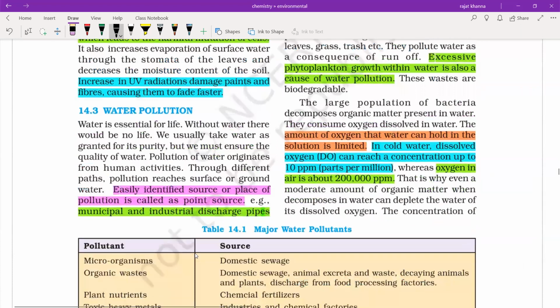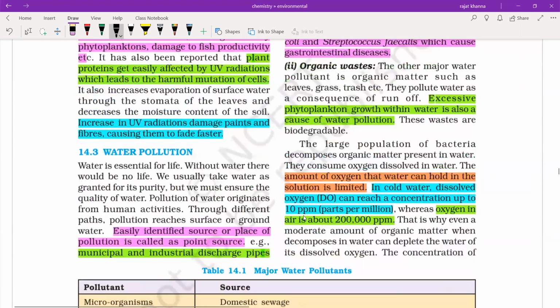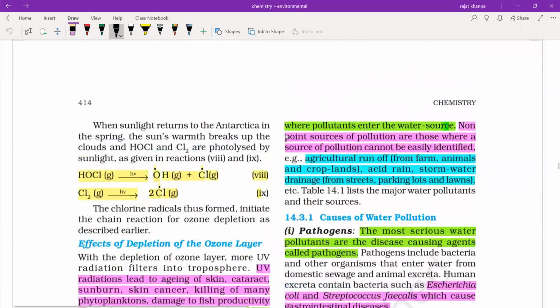An easily identified source or place of pollution is called a point source, such as municipal and industrial discharge pipes where pollutants enter the water source. Non-point sources of pollution are those where the source of pollution cannot be easily identified. Agricultural runoff from farm animals and crop plants, acid rainstorms, and water drainage from streets, parking lots, and lawns are causes of